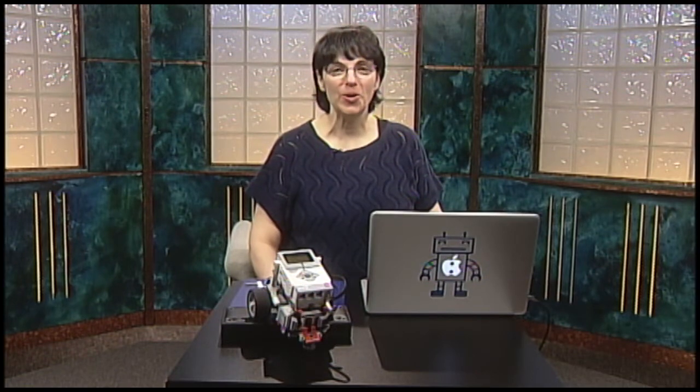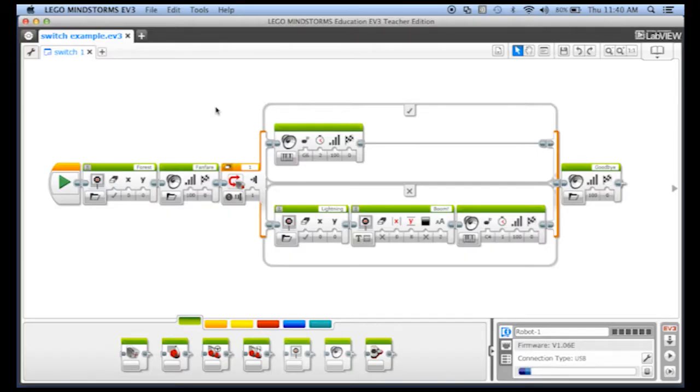Let's modify our program a little bit. Before we change anything, let me show you something. There's actually two ways to display a switch on the screen in this software. I prefer this view. It's called the flat view. That's the default, what it usually looks like. But if you click on this little tiny button right here where it says switch to tabbed view,